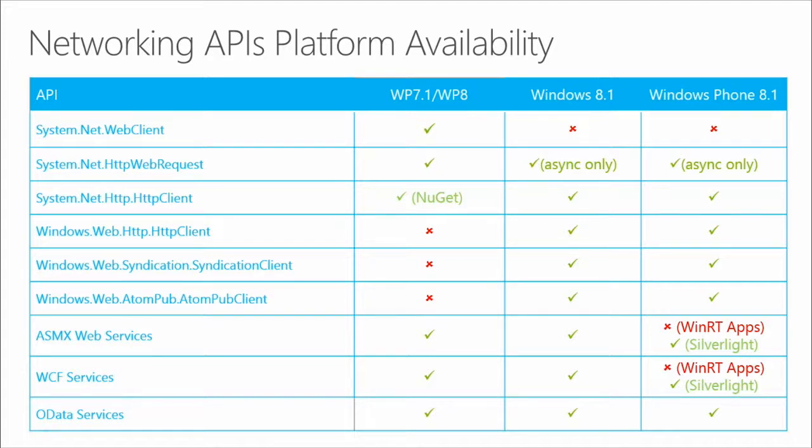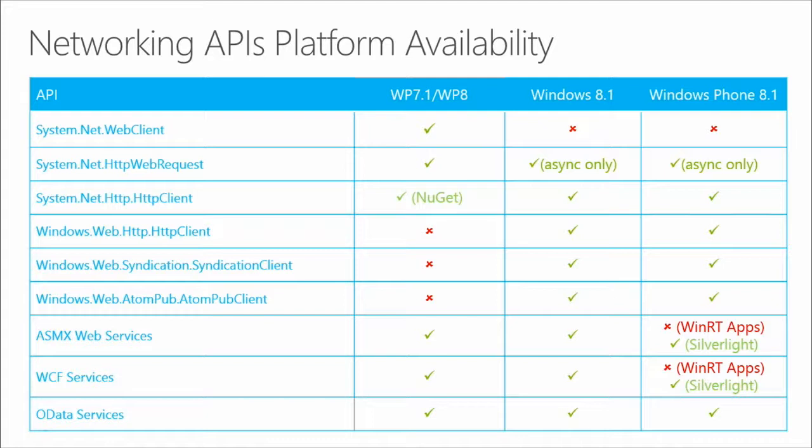It's better than the system.net one, which is the older, now almost deprecated, .NET API. And we've got a couple of convenience APIs, Syndication Client and Atom Pub Client, which make it easy to read content from those kinds of sources. And then when you look down at the web services, there's one big thing you have to call out here,